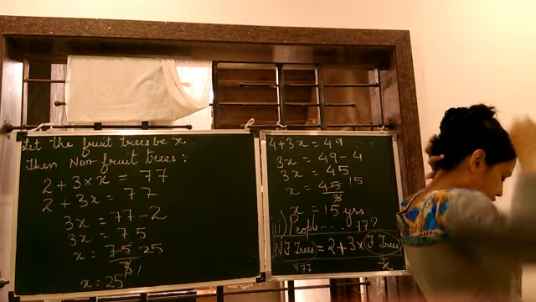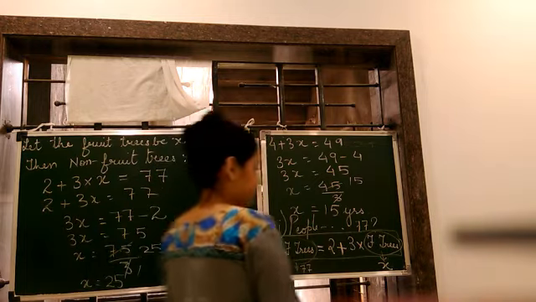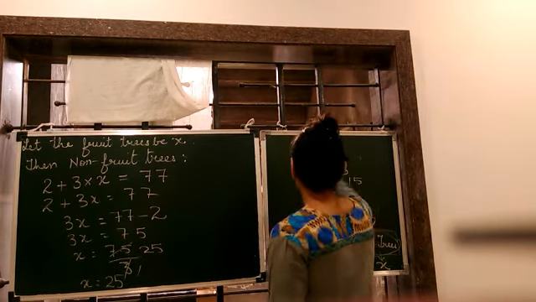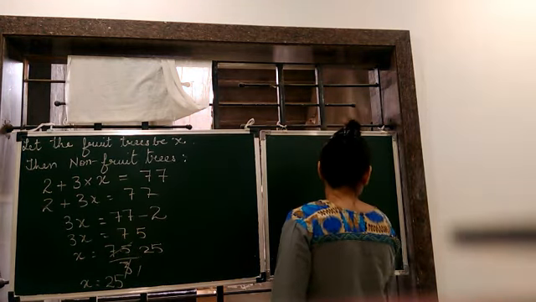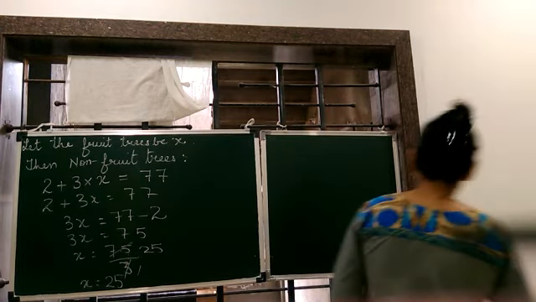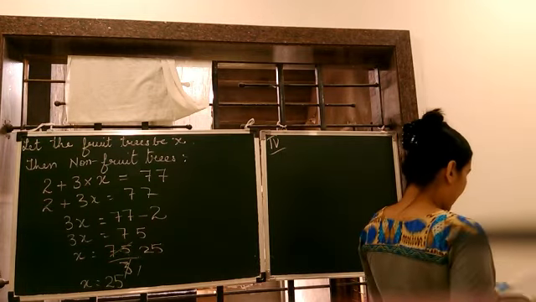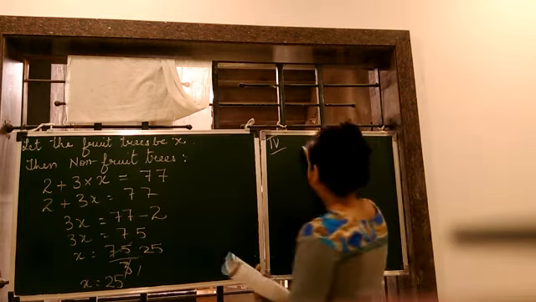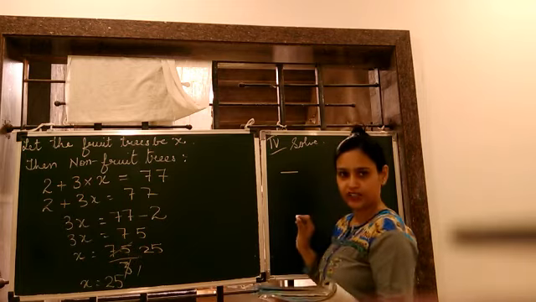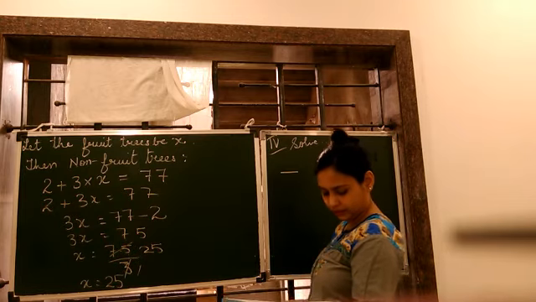Now let's start question number 4. It's a riddle. Solve the following riddle. Question number 4, we have to solve the riddle. I am a number. I am a number, but I don't know which number, so we put a dash. Tell my identity. Yes, let it be x.